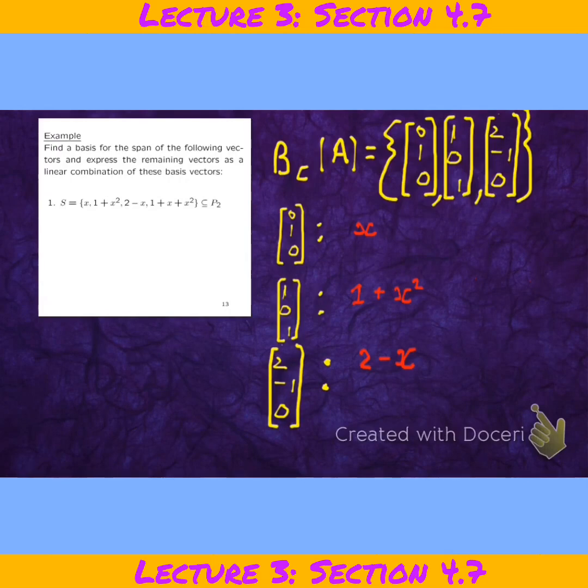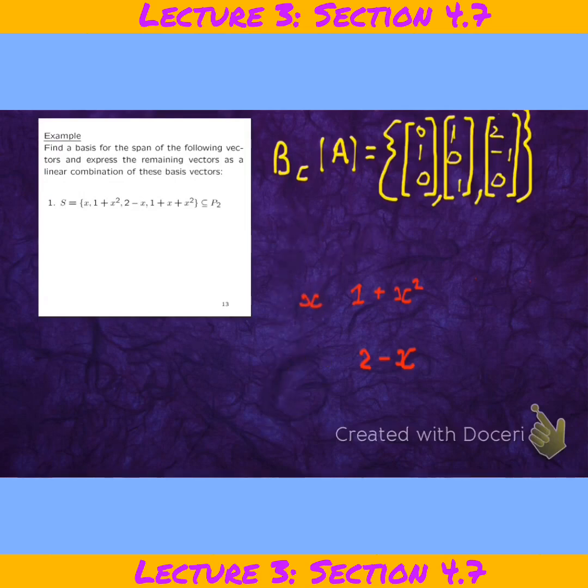Okay, so the basis for the space spanned by the vectors in S is this. There we've got the basis for the space spanned by S,